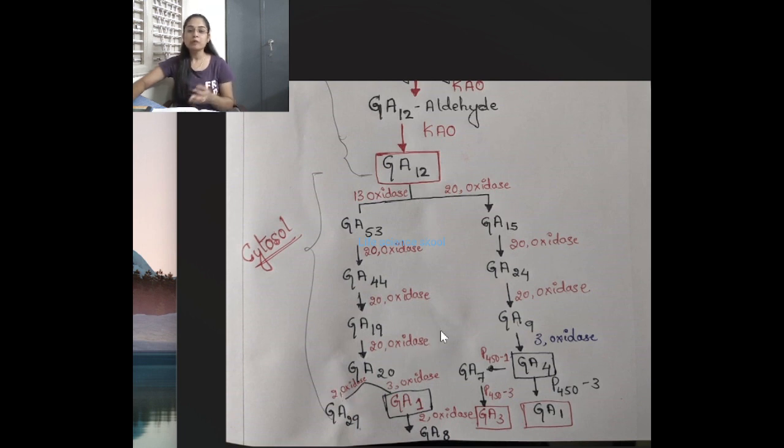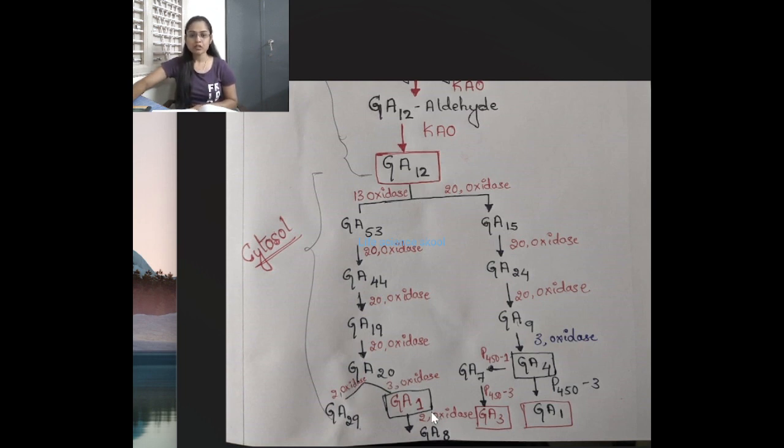See, these are all important because in the exam the questions will be asked indirectly, like mutations. If there is a mutation in GA2 oxidase, what happens? Questions will be like this. If GA2 oxidase is mutant, what happens? If GA20 oxidase is mutant, what happens? The plant grows long. Why? Because GA20 continues to accumulate, so that it starts to grow long. If there is a mutation in the GA2 oxidase, okay, you can say here the GA2 oxidase.